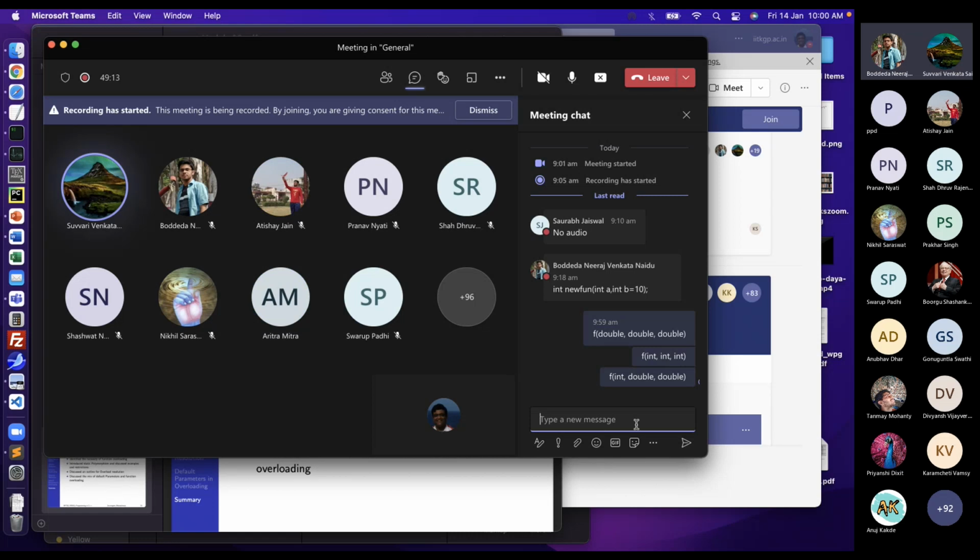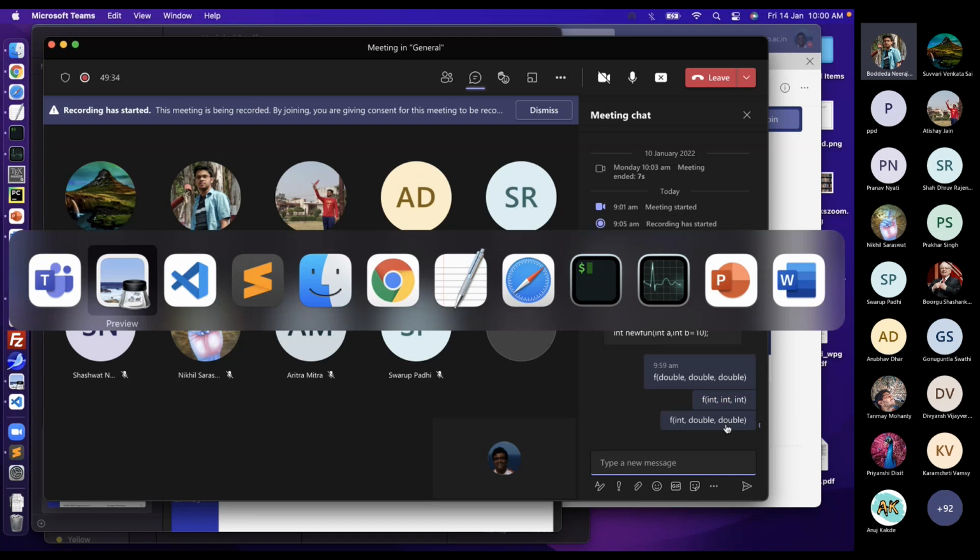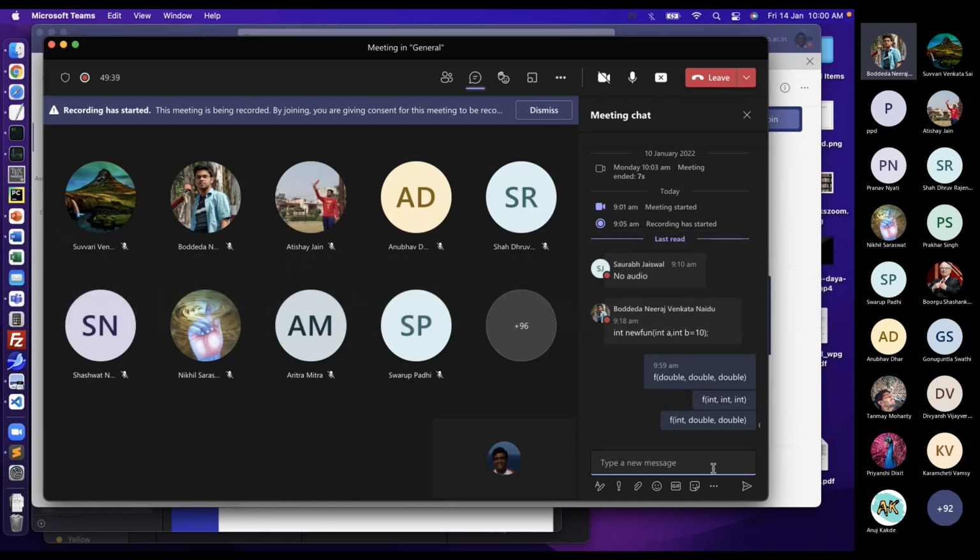Sir, shouldn't this result in a compilation error? Yes, sir. I'm getting a compilation error: call is ambiguous. Let us just see this. Why should this be ambiguous? I have to check this. According to me, it should be